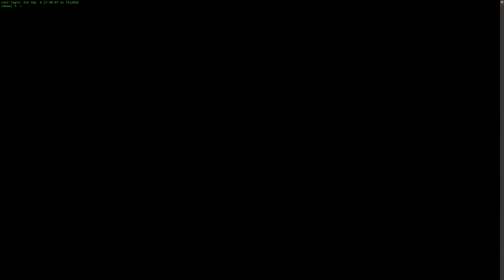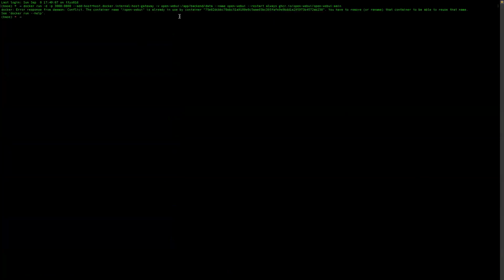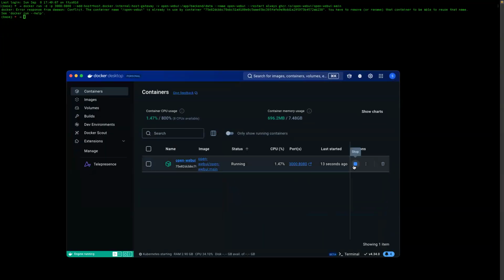So for part 5C, this is the portion regarding Open Web UI. The first thing we're going to do is run a Docker command to install Open Web UI via Docker. It's the easiest and quickest way to do this. So it's already in use. Let's go ahead and remove that. Oh, it's actually running. So now that it's running, we can go